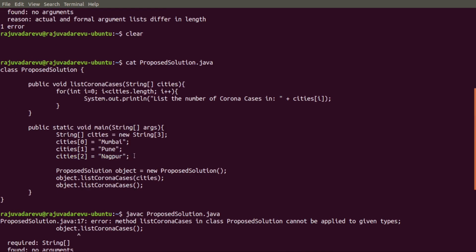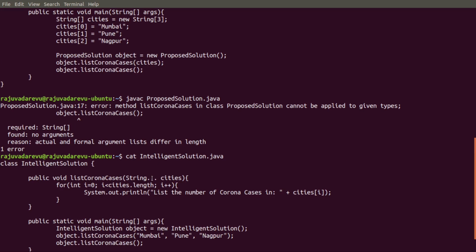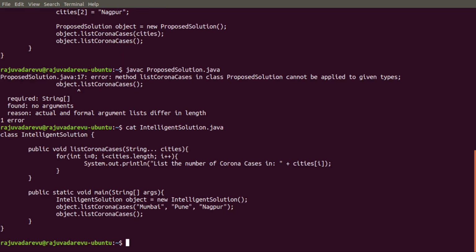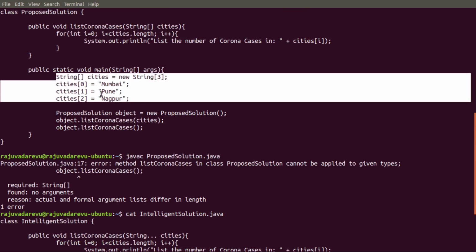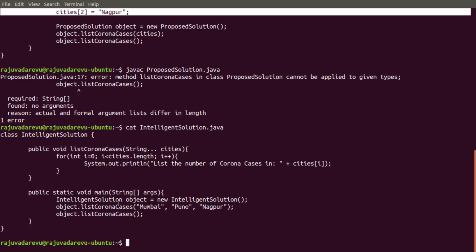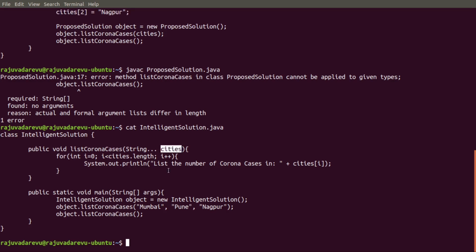So if you see the difference, the first difference is that here instead of using an array, we have used a vararg parameter. And if you see the main method, we are not writing this functionality anymore in this main method. Why? Because as I said, this vararg parameter will be internally converted into a one-dimensional array by the JVM. So whatever arguments we pass in, the JVM internally puts these arguments into this array.